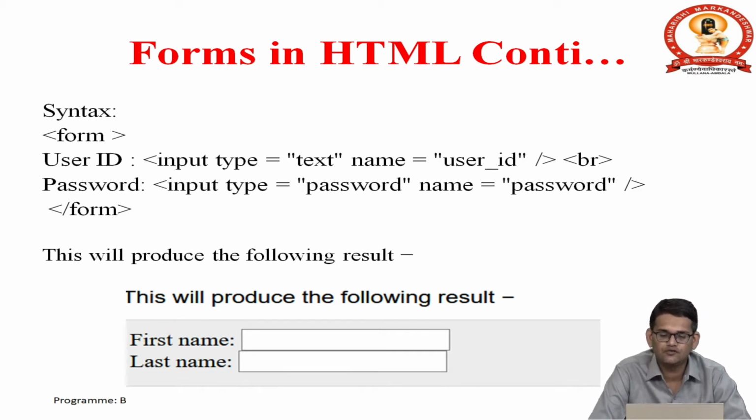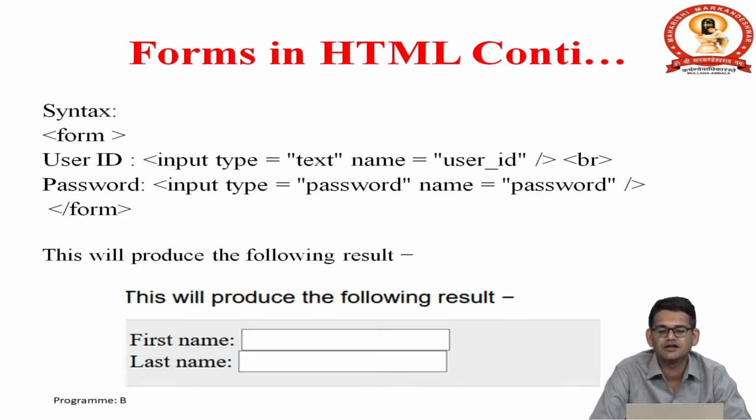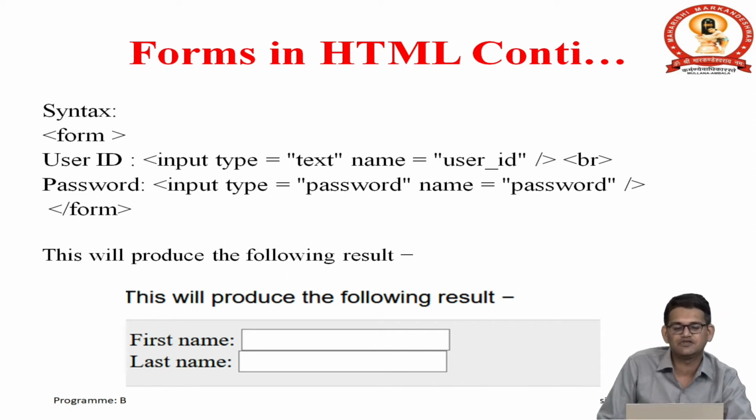Next one is for user ID and password. I already told you for password we will use the type password, and user ID should be text. So we will use input type is equal to text, and for name you need to provide the name here. You can see in the earlier one also we have used the name to uniquely identify that element. Here we have used user underscore ID, and then password: input type is equal to password, then name is equal to password. Then we have closed that form. So this will be your output, how this will look on the HTML page. This output should be visible on your screen.